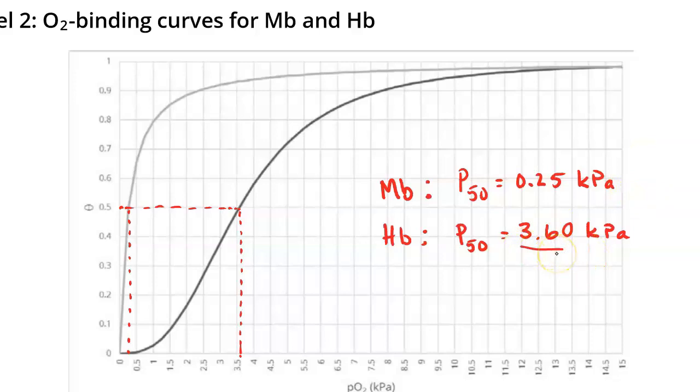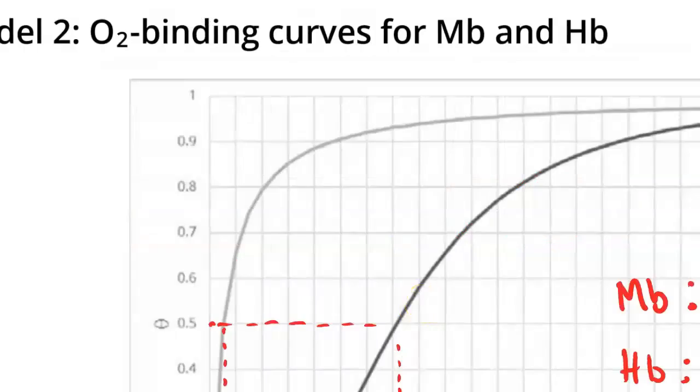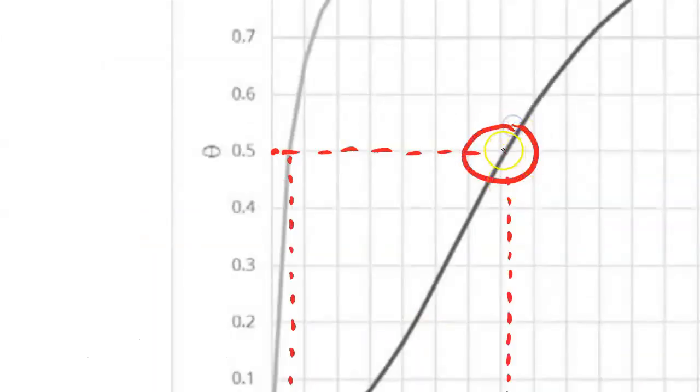Definitely not 3.5. If you're not looking at this closely enough to see, let me erase these lines right there. If you're not looking at that closely enough to see that that line does not cross exactly on the crossing point, then you need to work on your close scientific observational skills, because that's an important graph reading skill. In fact, let's zoom in even more. So look at this part right there. If you said 3.5, you're saying it crosses right on that point, and I'm saying it doesn't cross right on that point. That's a skill. Reading a graph is a skill that you're working on. So I'm going with 3.6.